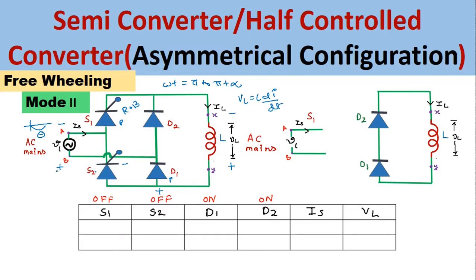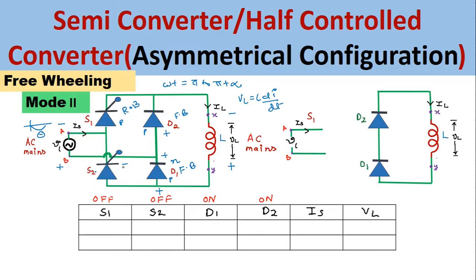Okay. So now this positive of the AC mains will go to the N side of this diode D1, and this positive will go to the P side of this diode D2. Now because of this positive at the N side of diode D1, D1 tries to turn off, but because of the stored energy in the inductor, the P side of this D1 becomes positive, therefore it goes into forward bias and starts conducting. Since the P side of the diode D2 is positive, D2 will also start conducting because it is in the forward bias condition.